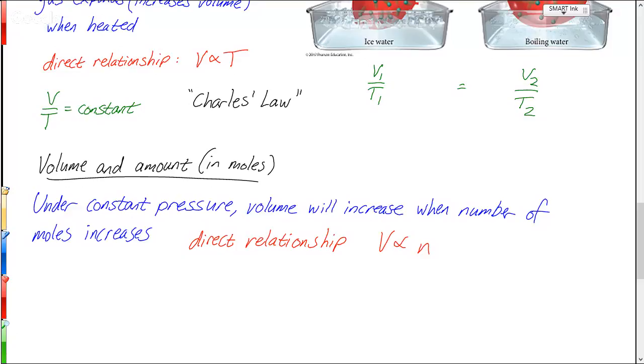Yeah, because it's the particles. In a gas, the space between molecules is so big that we don't actually have to consider the size of the molecules themselves. So it's not so much the mass that increases, it's the number of particles. Even if those individual particles are really, really heavy, if you have more of them, that's going to cause the effect rather than how heavy they get or how light they get. And